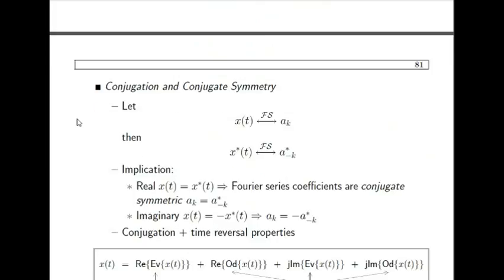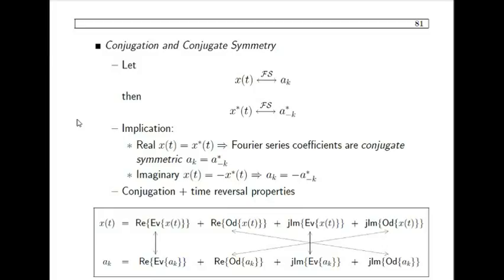So I have replaced l equals k minus k2, and you can see that this term remains, and this is the convolution sum of the two Fourier coefficient sequences of the two signals x(t)